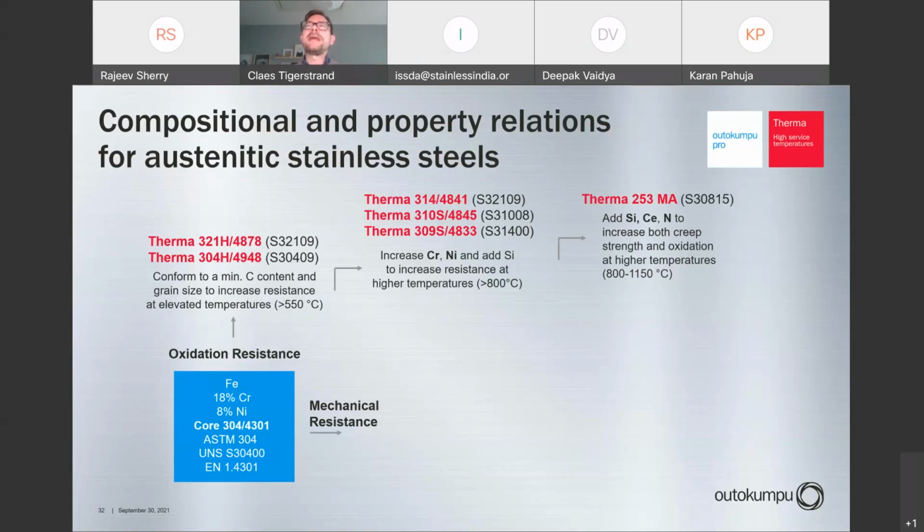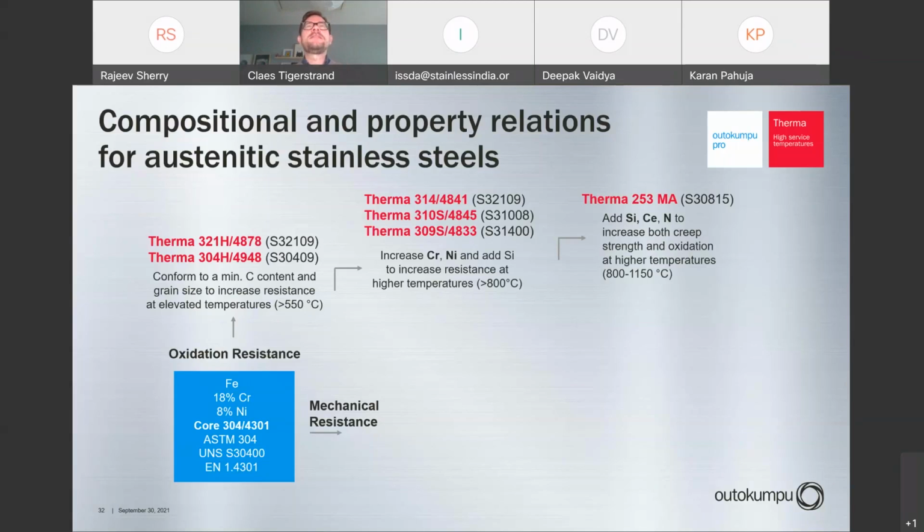And that is done by adding silicon, cerium, but also nitrogen, which is beneficial for the creep resistance. But those grades here at the top are designed to be used at the highest temperature, typically above 800